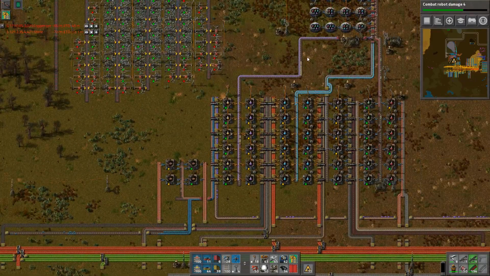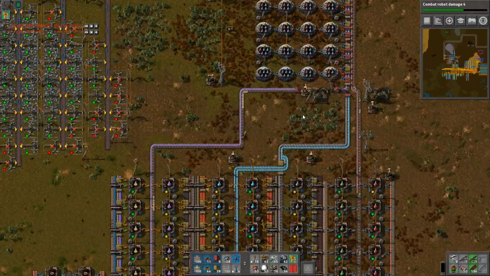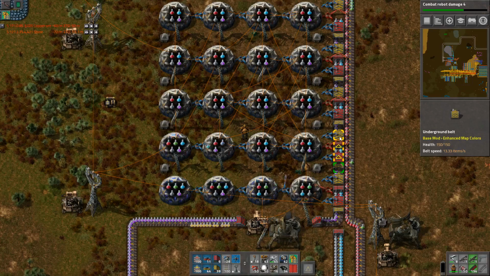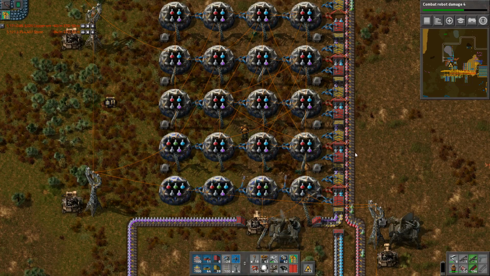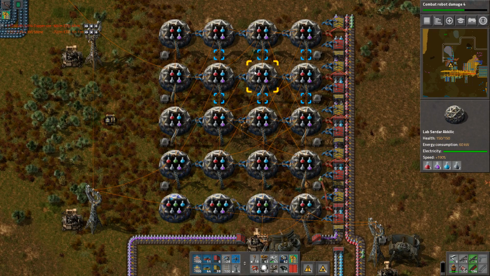High-tech science packs! Yes! And they are going to just run along the same thing that the purple science packs are running along and come up into here. We seem to be fine on purple. Well, we're not using purple right now. That's why we're fine on purple. But we seem to be fine on purple, blue, black, and red at the moment. We are very short on green. And as you can see, not all of our labs are actually researching. In fact,